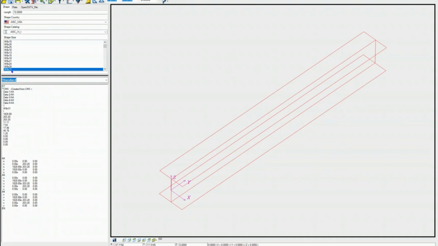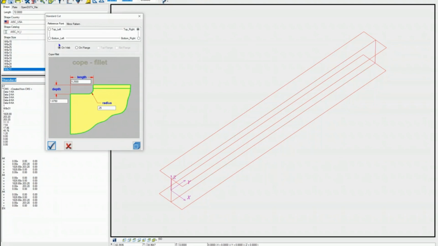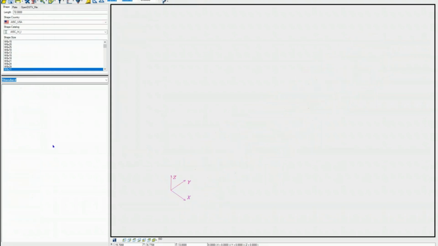and just show you that as well. See what I did, I just highlighted the part size and kept the length as it is, and double clicking will clean all the stuff and bring it to a clean part, right? And then let's say, for example, if I go to the operations and come to the standard, and I want to apply a cope on that corner over there, or anywhere, let's say on the flange even. If I put it on the flange, in this corner over there, 2 inches by 3, and I'll put roughly 0.5,